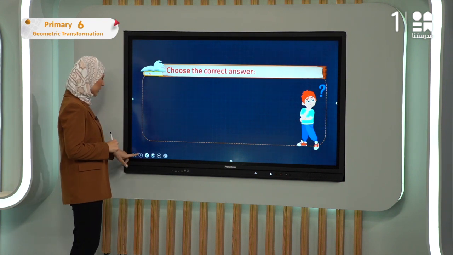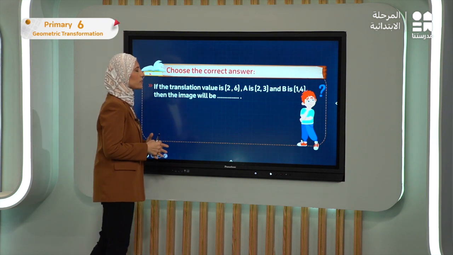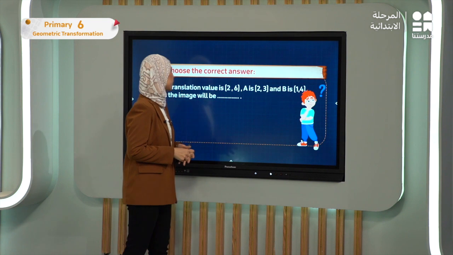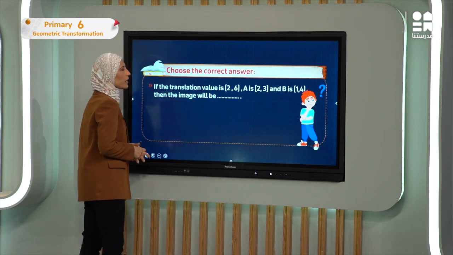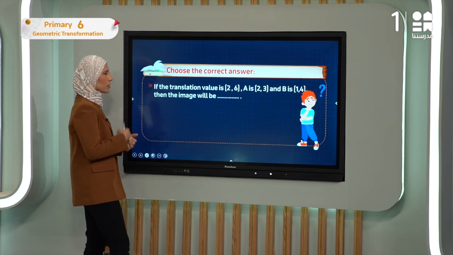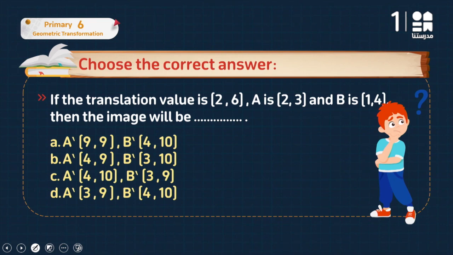تعالوا نشوف الاكسرسايز اللي بعده. بيقول لي if the translation value is 2 and 6, A is 2 and 3 and B is 1 and 4, then the image will be. هو طالب منك انك تطلع الايمج بتاعت البوينتس بتاعتك. يبقى الاي داش هتبقى 4 and 9 وبي داش هتبقى 3 and 10 ولا 4 and 10 و 3 و 9؟